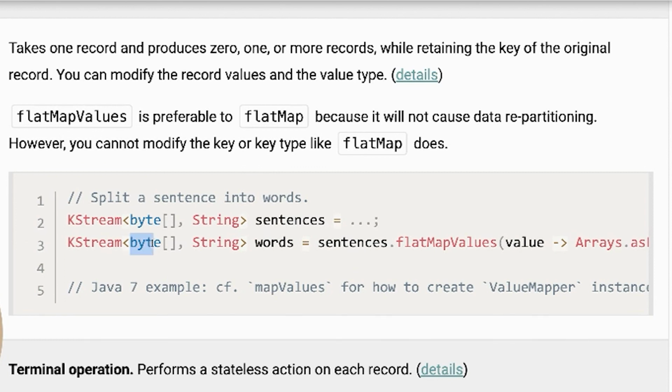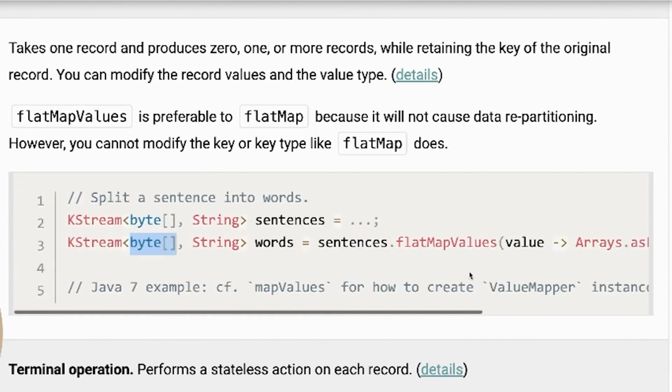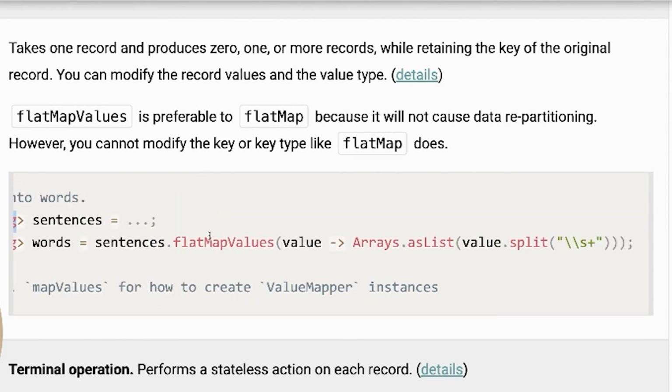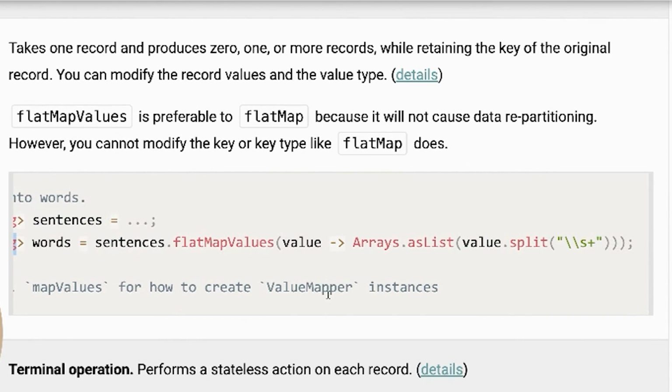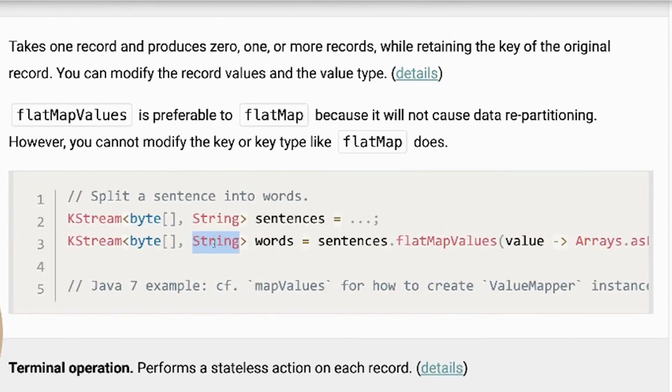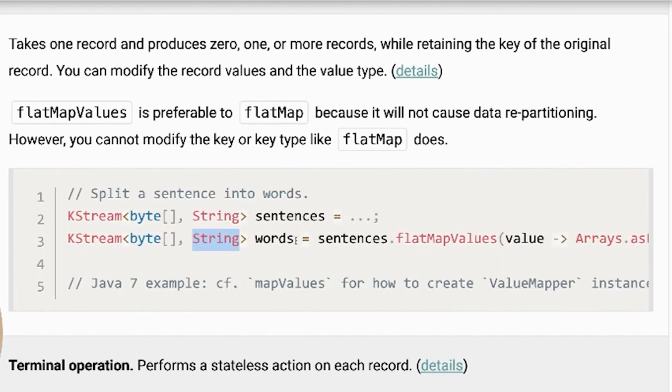You still have the same byte array at the beginning, but then instead of a single string, you have a string of words. I'm confused why the type is still string here instead of like array of strings, but I'm not that strong on Java. I'm more of a JavaScript and Python guy,